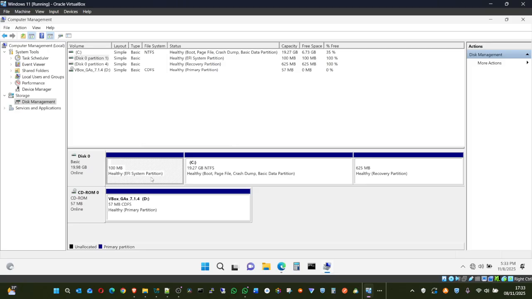EFI system boot. Now, this is where the boot loader resides. This one is 100 megabytes. It's like we have a big farm, like a 500 hectares farm. It's so massive. But the administrative office is just a 200 square meter building in a massive 500 hectares.